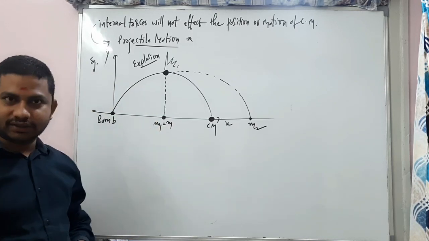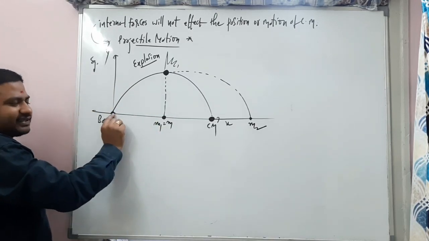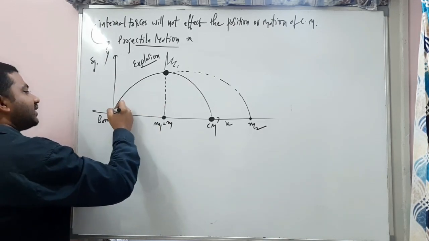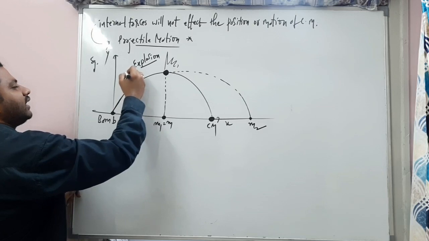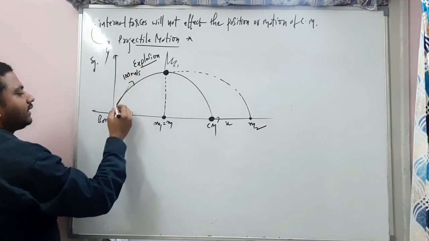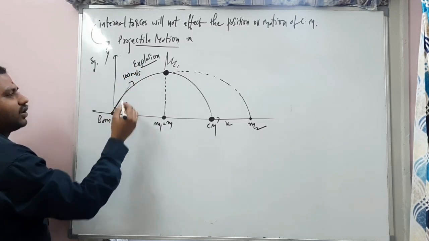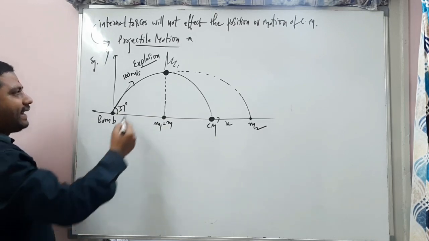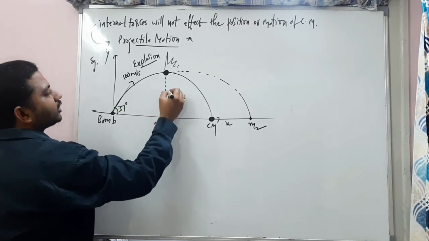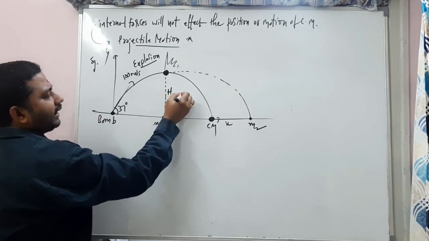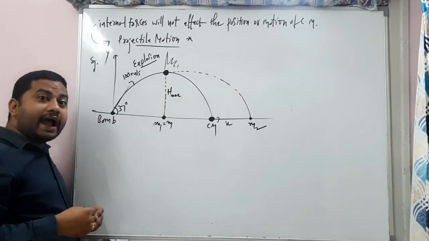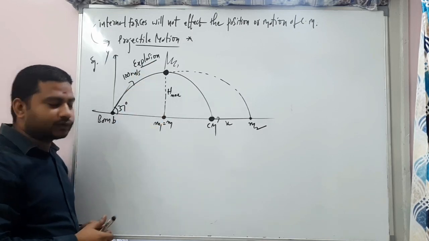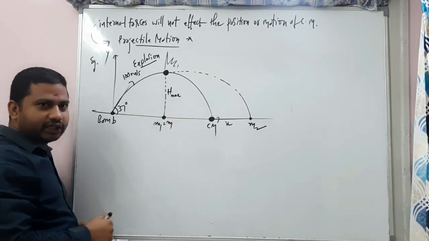Coming back to this question. There is a bomb which is projected from here. For example, let's take it is projected with 100 meters per second at an angle of 37 degrees. In advanced problems we take 37 degrees. At the maximum height it got exploded, and they have clearly given that the first body comes to rest immediately. So after the explosion, it is falling here.